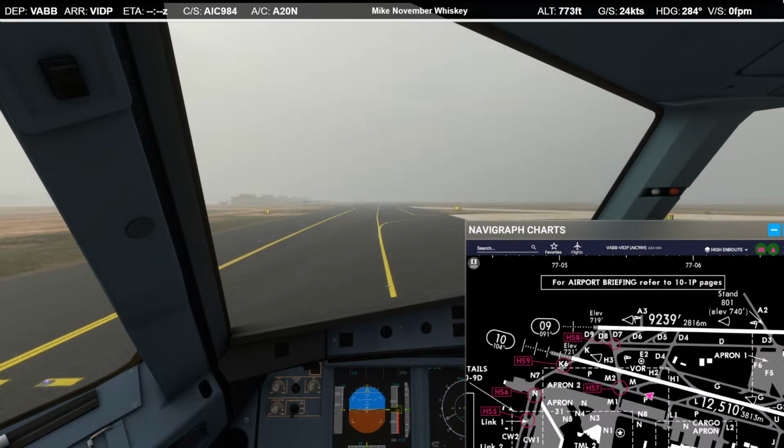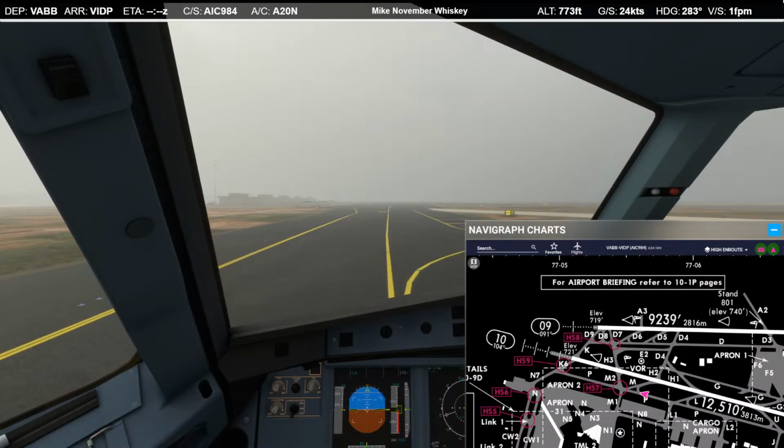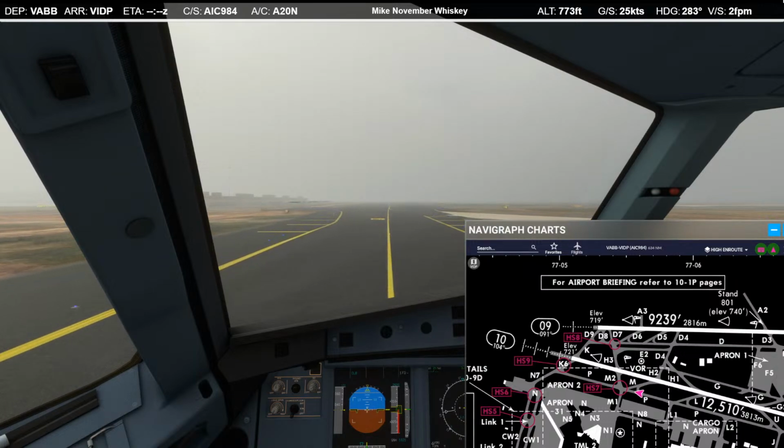So we did download enhanced scenery for Delhi Airport. You can kind of see it by the enhanced taxiway markings on the ground, which is really nice.